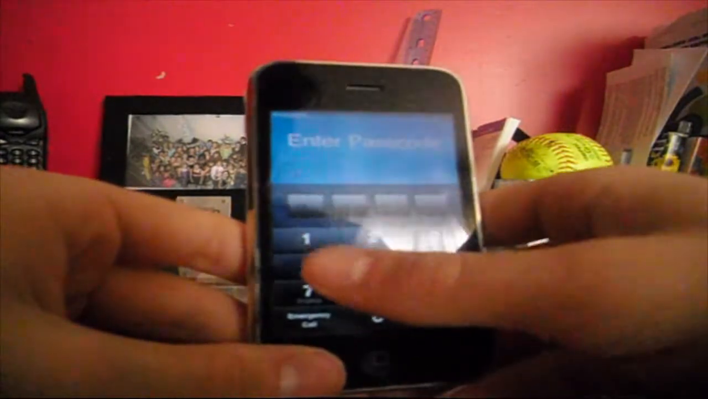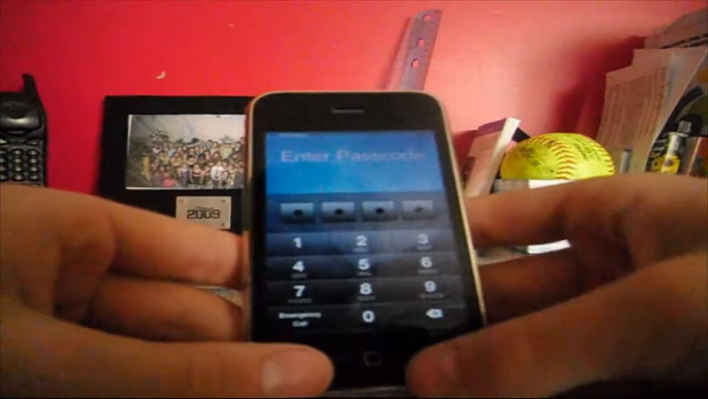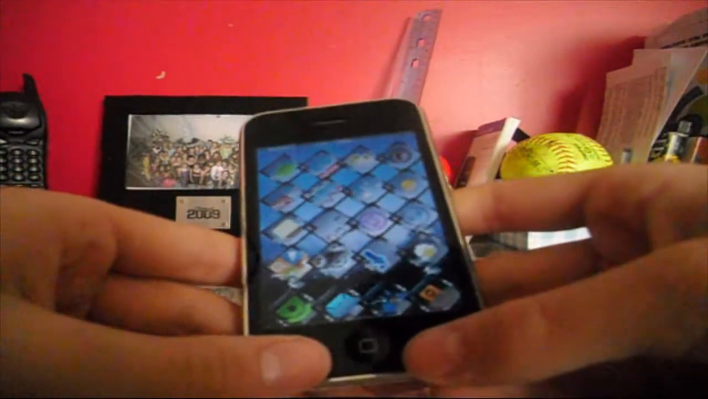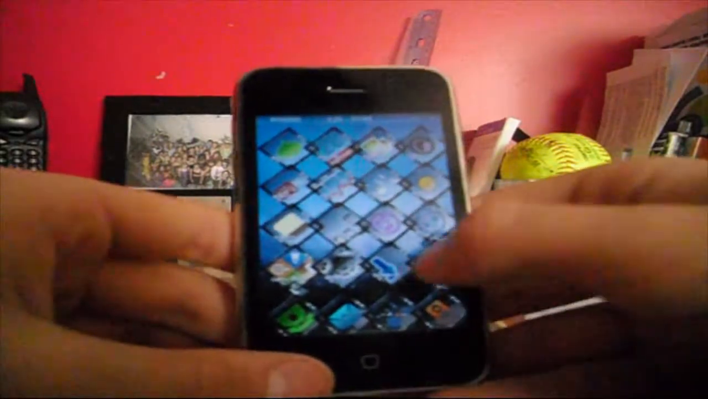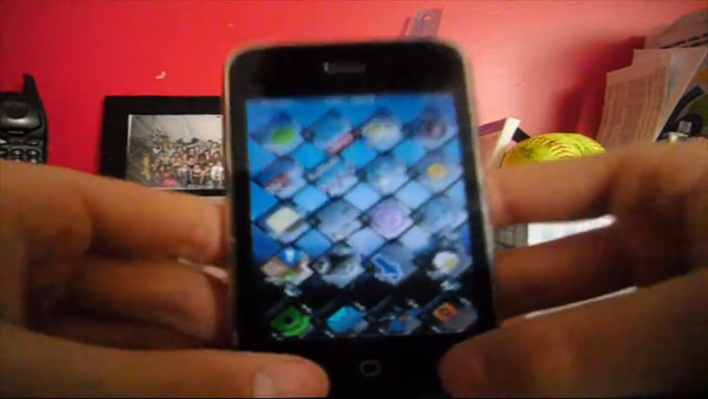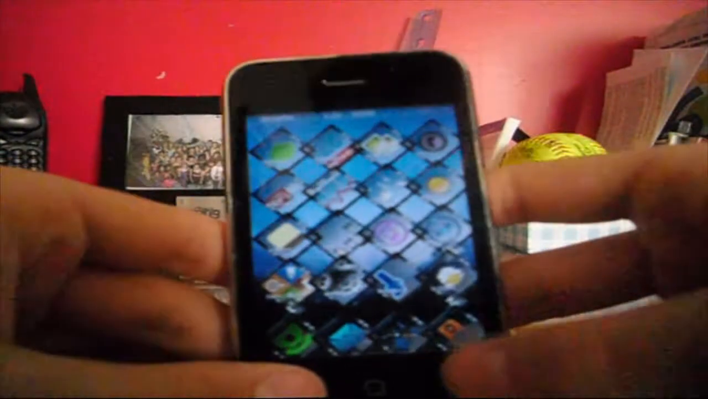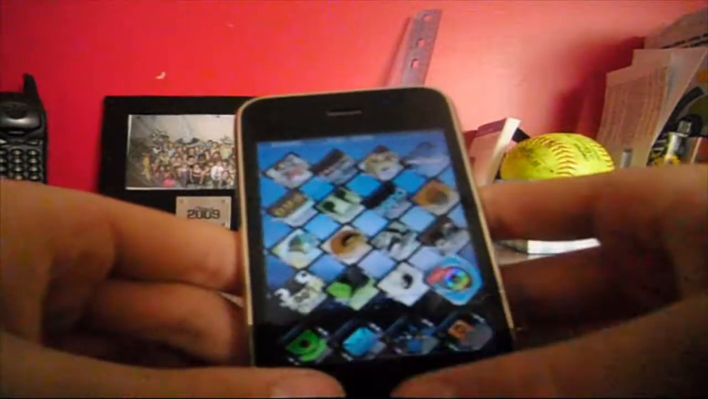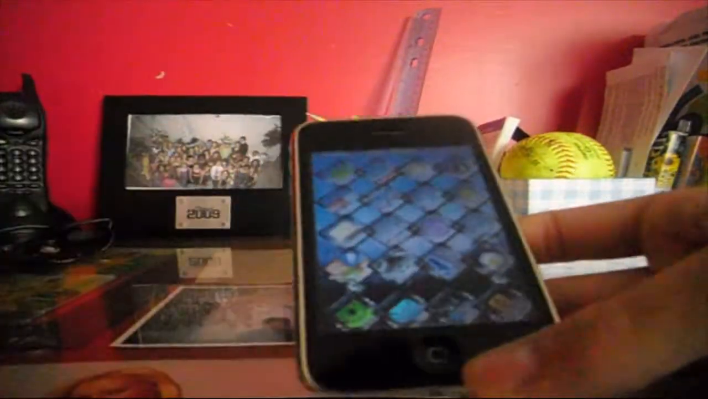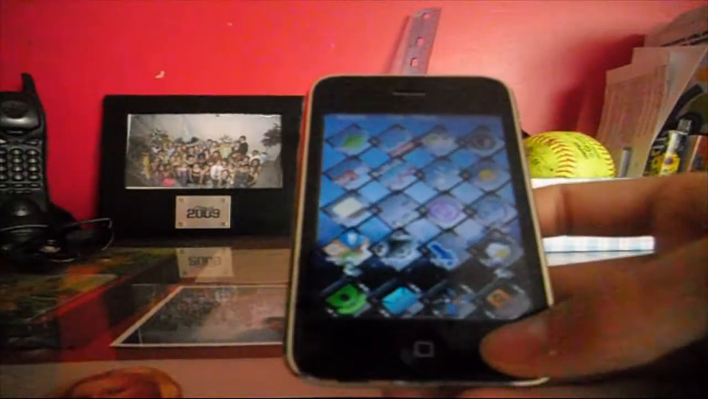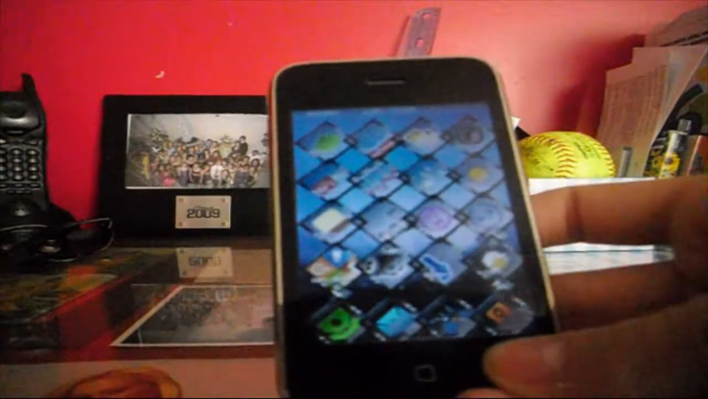Okay, I'm respringed, and we're gonna see my icons. Now my icons are really big, and they are currently upside down. They're upside down, so they don't look that good at all, but this Bigify works with Winterboard,